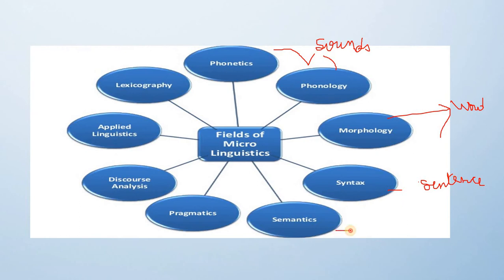We have semantics, which deals with the meaning of the texts. Sorry for this handwriting, but it will be clear. Meaning of the texts, and we have pragmatics, and discourse analysis, applied linguistics,